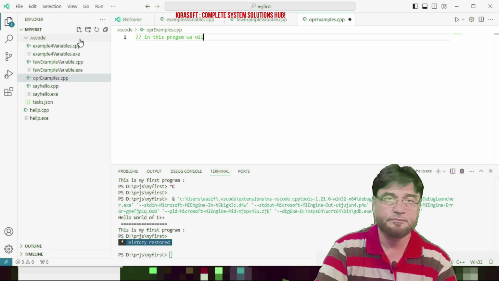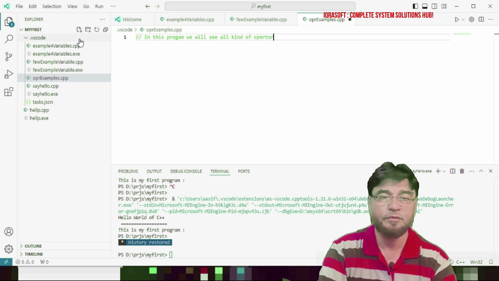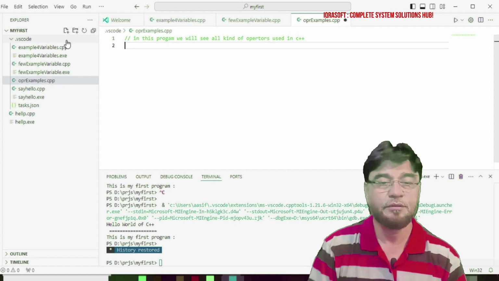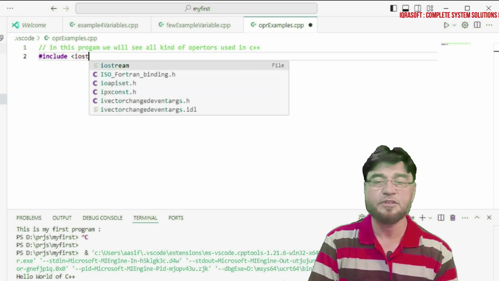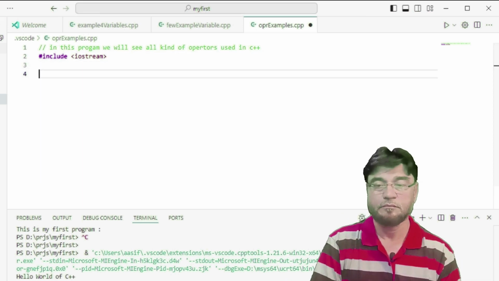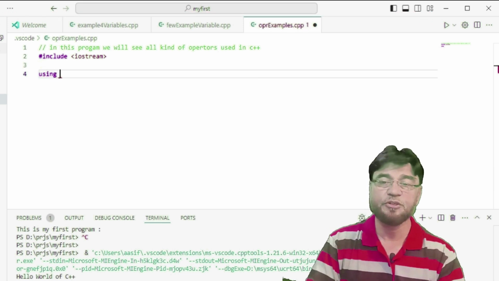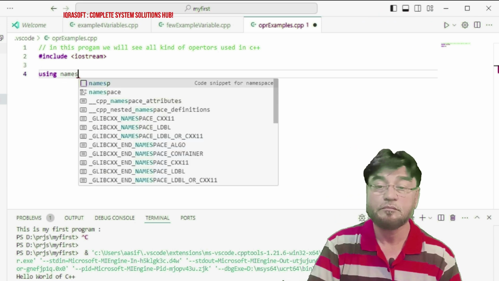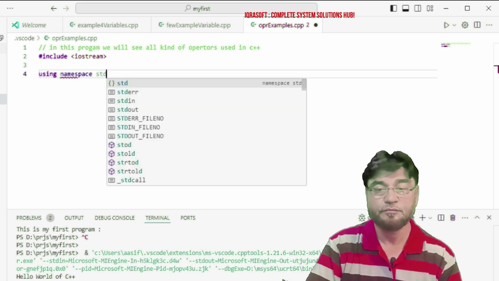In this program, you will see all kinds of operators used in C++. #include <iostream>, press the enter key. using namespace std;